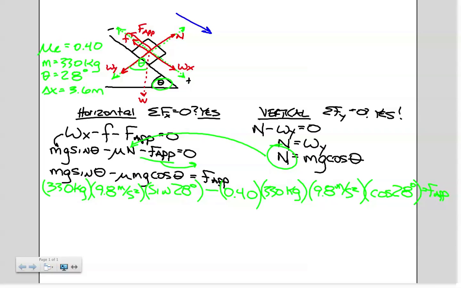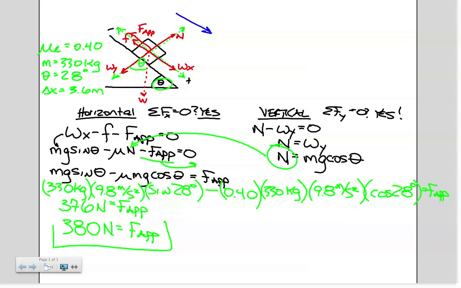Now, when I run that through my calculator, I'm going to get 376 newtons. That's what I get. You have to keep in mind order of operations here. It's easy to get this mixed up in your calculator, but 376 newtons will be equal to the applied force. And then once we deal with our significance, we can go ahead and round that to 380 newtons. That would be the force required by this guy to keep the piano from accelerating down the incline. 380 newtons up the incline. This, of course, is problem number 8, part A. If we move on,